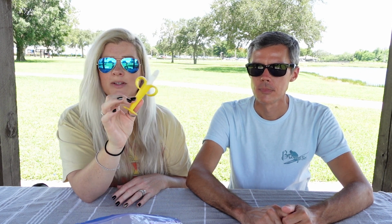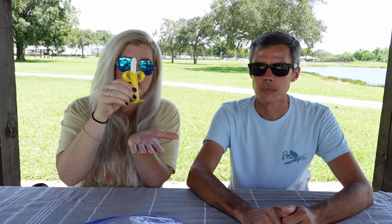So the other thing is this little banana chew toy. This was actually recommended by my sister. She has a daughter and absolutely loved this thing. It's got a little toothbrush at the end. So this is endless entertainment, and it's also a little suction too. So it can kind of stick on the tray table. And then the next thing